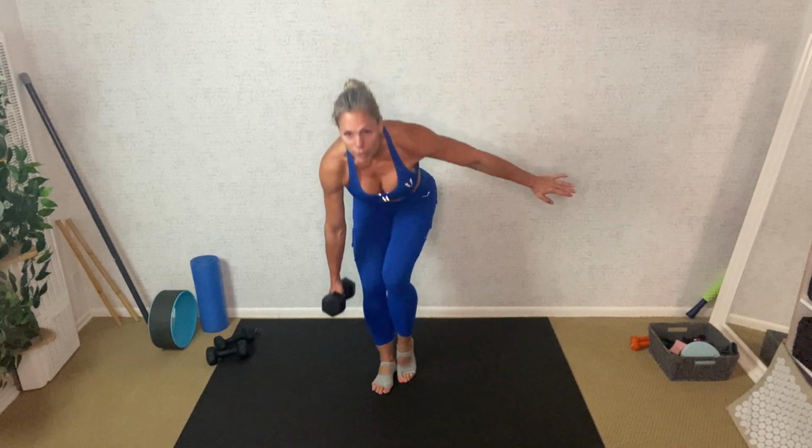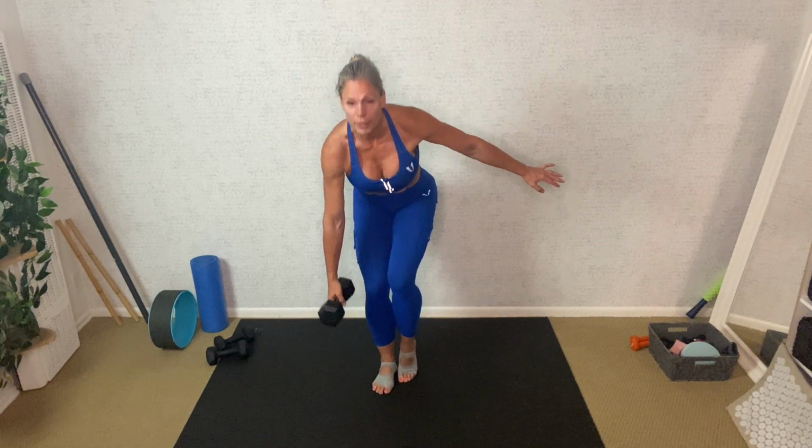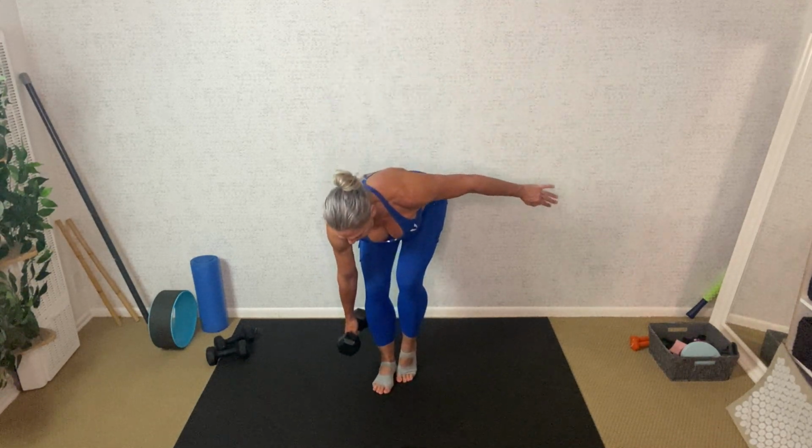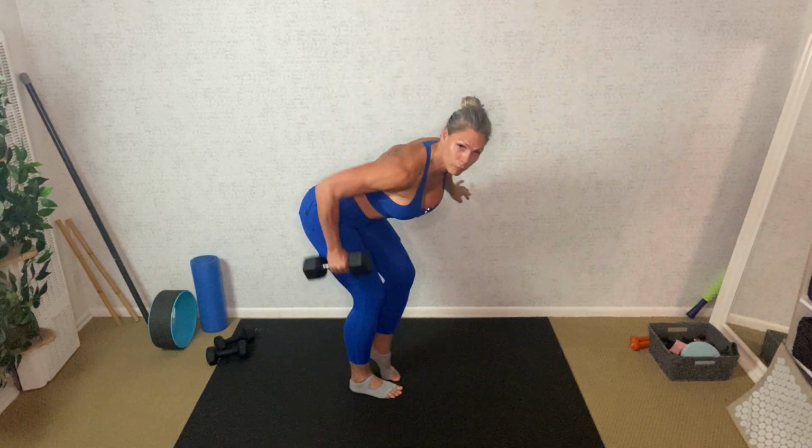We're going to the singles. On your tippy toe. Here we go. Balance on one leg. 1, 2, 3, 4,